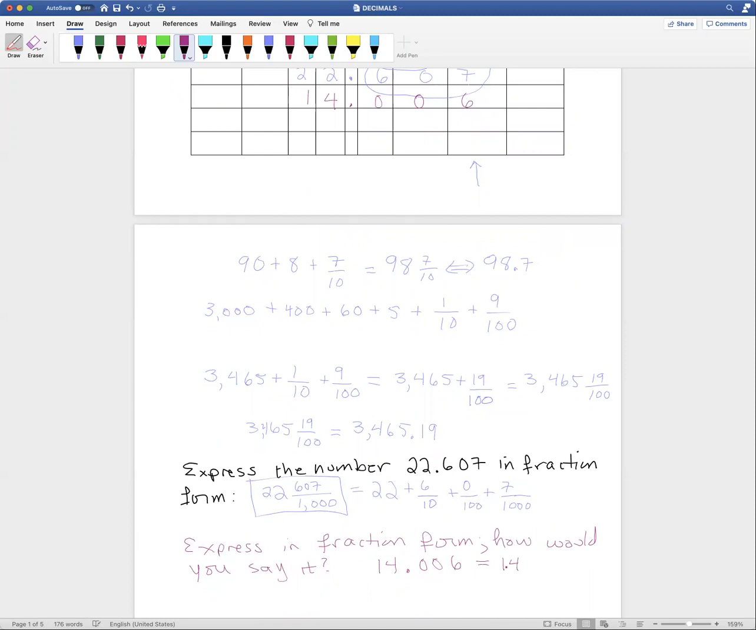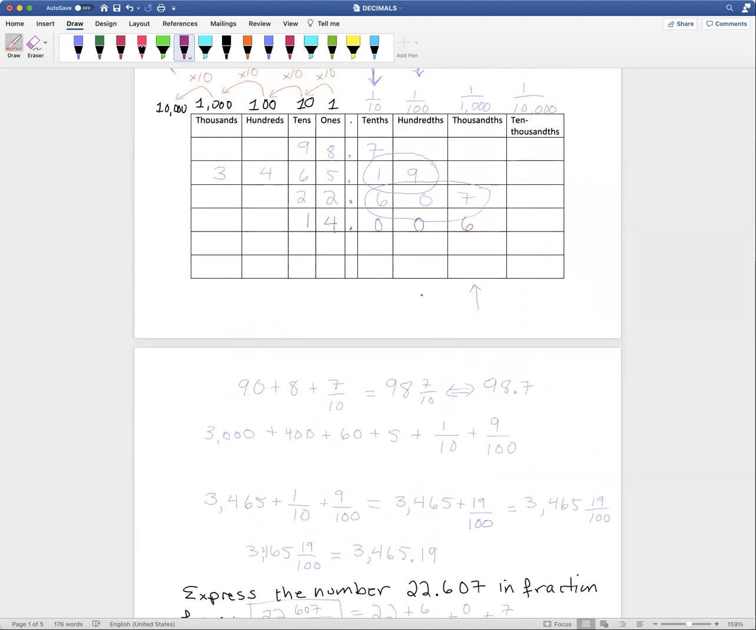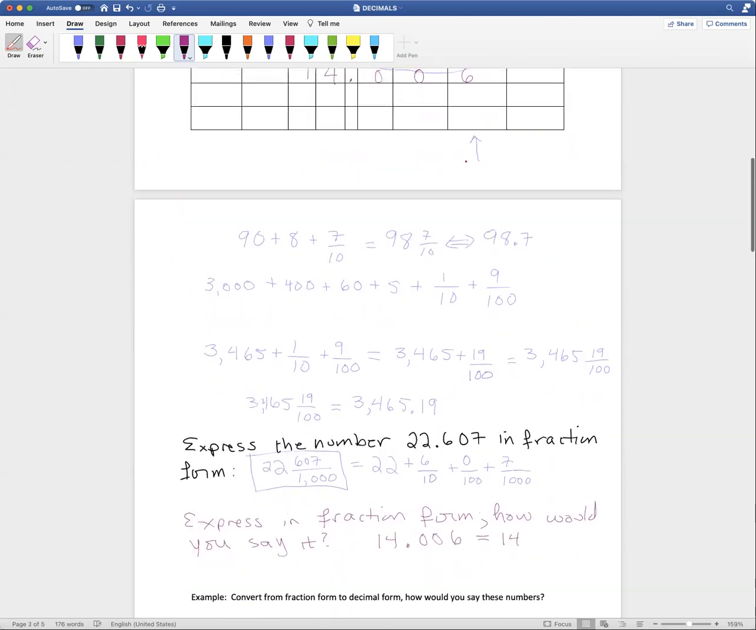Now notice here we have 0 tenths. So we don't have any tenths. We have 0 hundredths. We don't have any hundredths, but we have 6 thousandths. So the way that we would say this in fraction form is 14 and 6 thousandths. That's exactly the same way we would say this in decimal form. 14